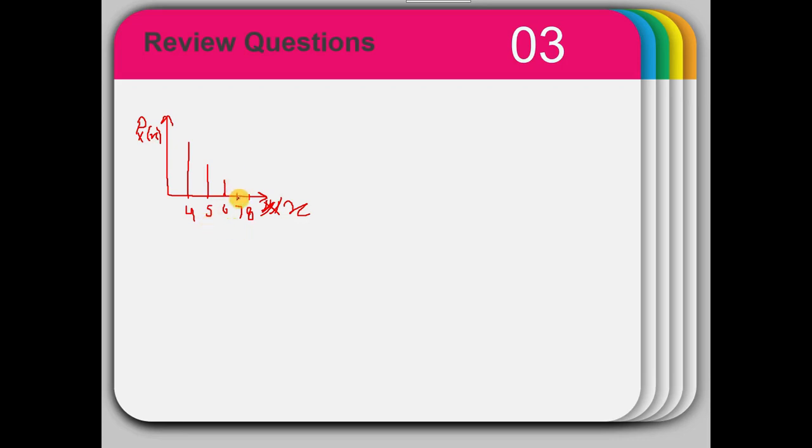And so on. So this will roughly be the shape of the PMF. This is how the PMF will look. The drone with 8 number of sensors has the least sale as compared to drone with 4 number of sensors. So I've plotted this function, and I've written the exact values on the x-axis, but right now I don't know the exact values on the y-axis, because I don't know these probabilities.